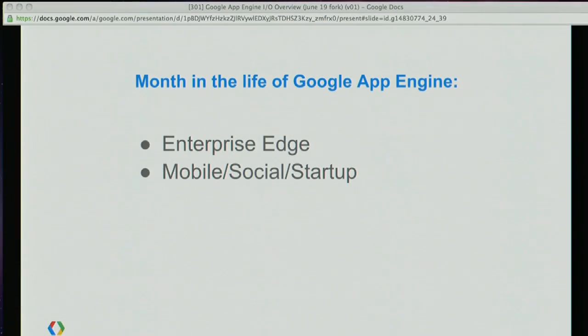The first one is sometimes referred to as enterprise edge. So that's applications developed by traditional enterprises, but where the target is mostly external to the company. It can be to reach tens of thousands of partners or millions of customers. The second is a fairly obvious area, that of high-tech startups, which I suspect is a big representation of Google I/O participants, in particular ones with social or mobile dimensions.